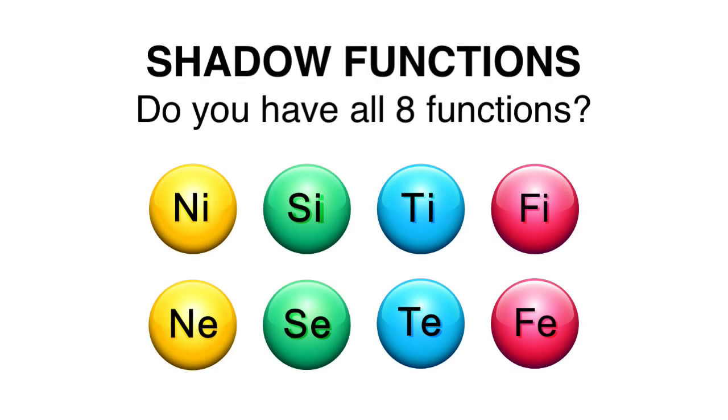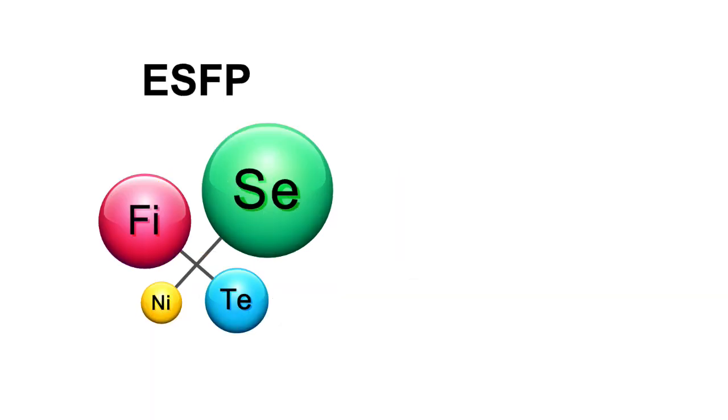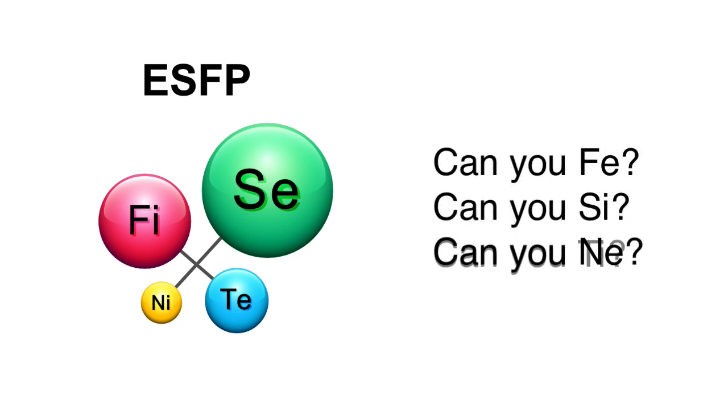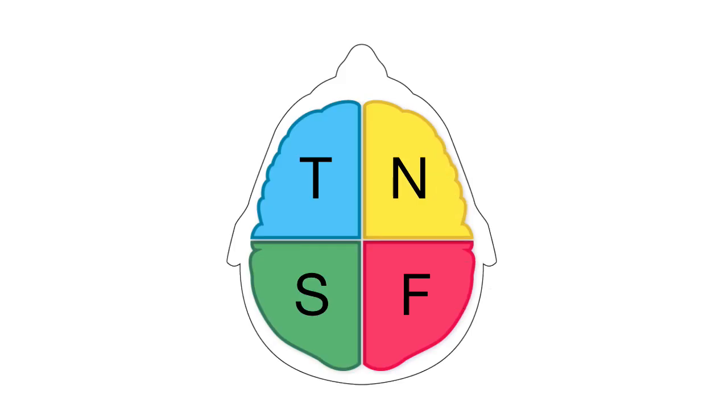So here's another topic that's been a great discussion for us on our website and in our class, as we're talking about shadow functions. Do you have all 8 functions? So let's say you're an ESFP, you have SE, FI, TE, NI. If you're an ESFP, or whatever type you are, do you have the ability to use FE and SI and NE and TI, right? My observations are, it seems we all have these 4 different sections of